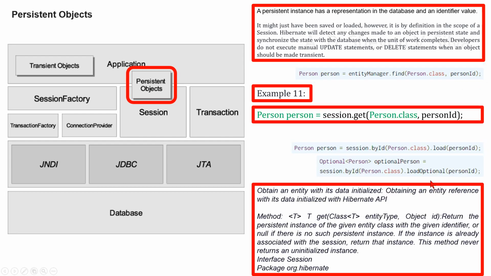Now we are considering obtaining an entity with its data initialized. Here, obtaining an entity reference with its data initialized with the Hibernate API. The method get(Class<T> entityType, Object id) returns the persistent instance of the given entity class with a given identifier,